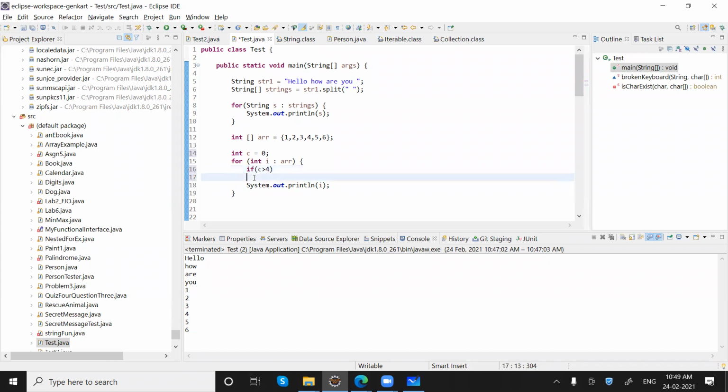When it is greater than 4, then only print. And just do one more thing, do c++ every time.